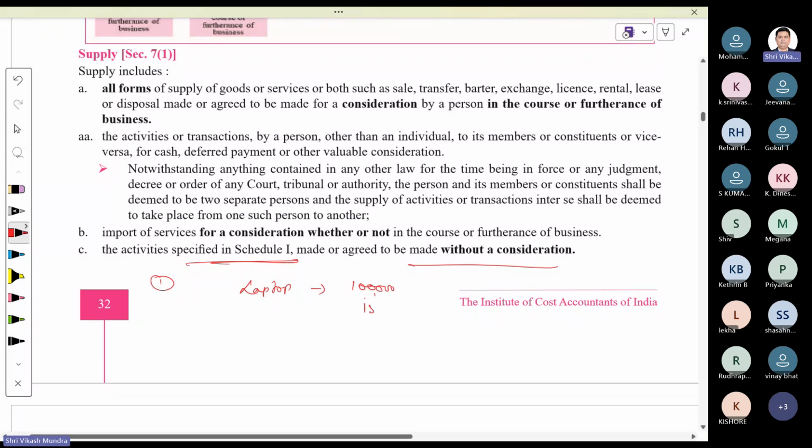On this, I paid 18,000 GST. I'm not going into CGST and SGST, just say GST 18,000. This 18,000 I claimed as ITC, and I will consider this 1 lakh as a cost for my fixed assets. After a couple of years,